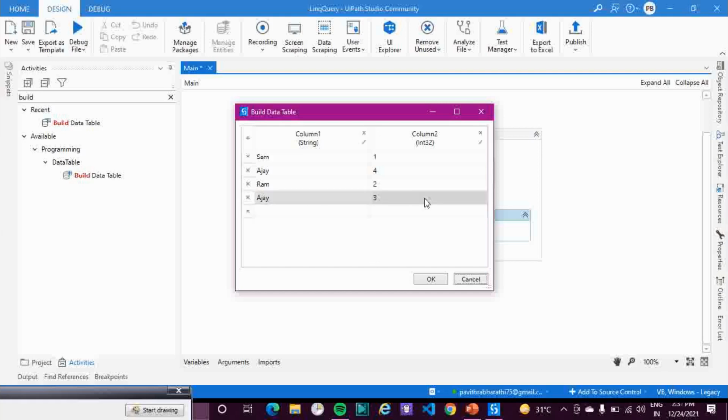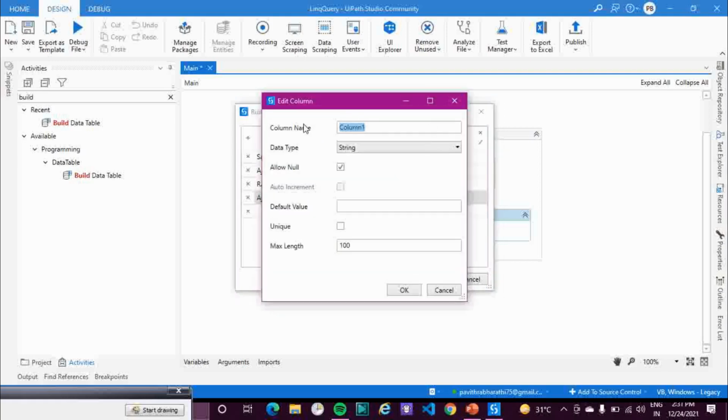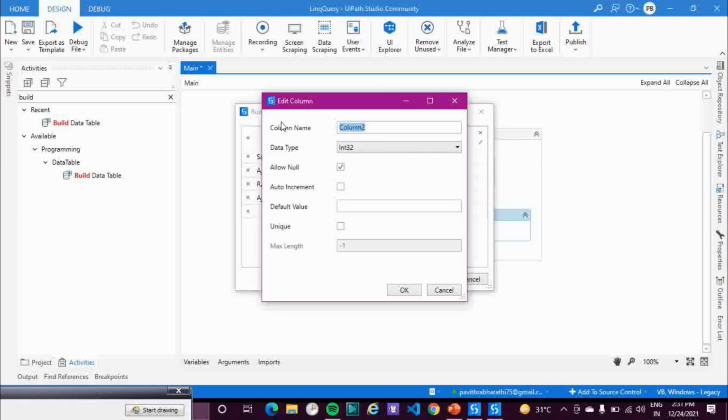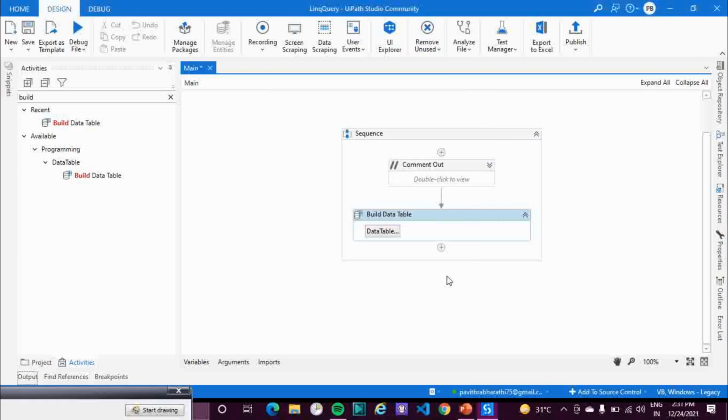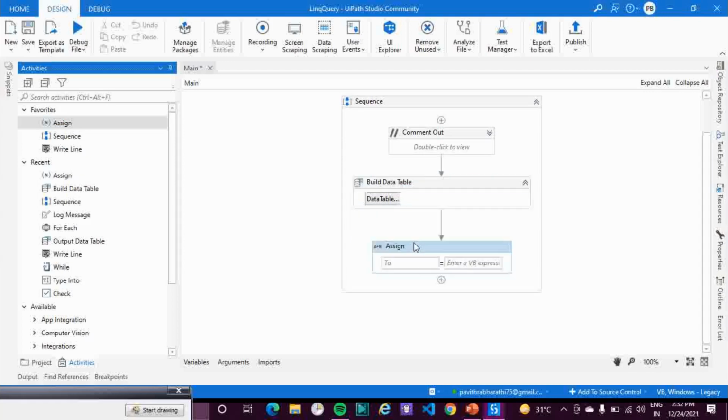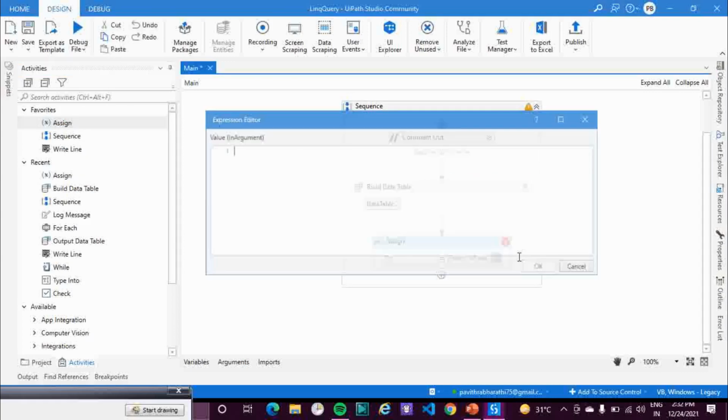Now let's change the data column names: one is name, and another one will be roll number. Let's save this, and give the output data type. Create one output DT. Let's go to the editor panel now.